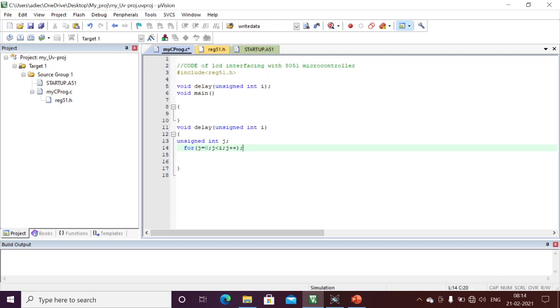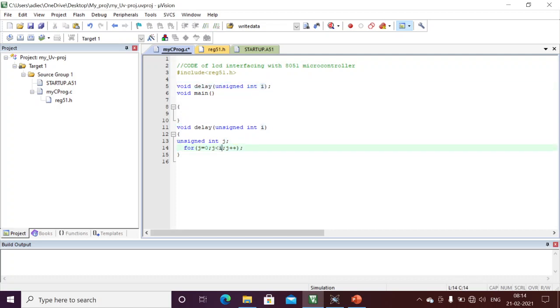If I pass some delay from the main function, this function will be executed. Here I am using an argument. I can pass 100, so that this for loop will repeat until 100, so that I am waiting some 100 microseconds here. Due to that we are generating a 100 microsecond delay. Here I have written the delay program.